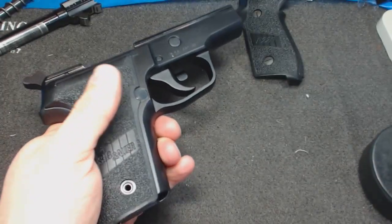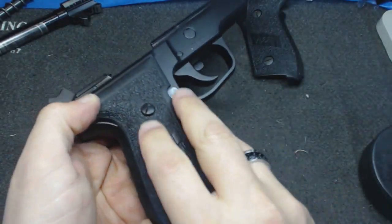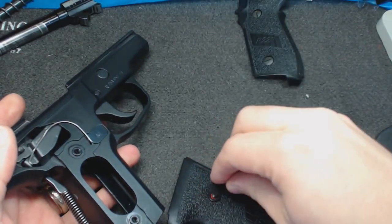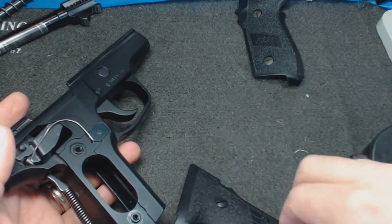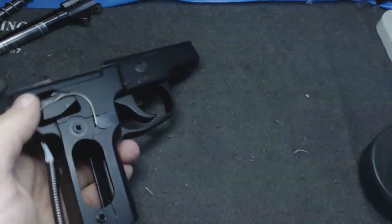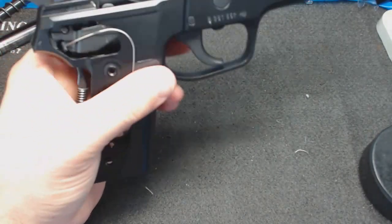Oops, I'll lose all our screws at once. And so, I'm just going to get these grip panels, put them off to the side. And here you have